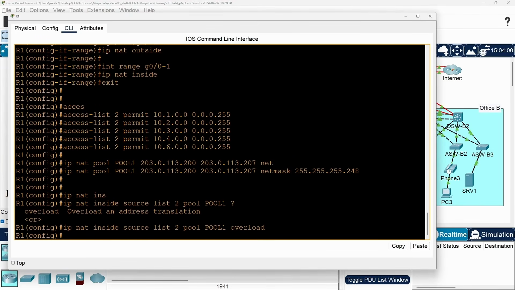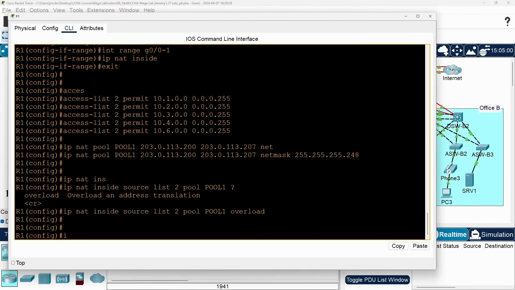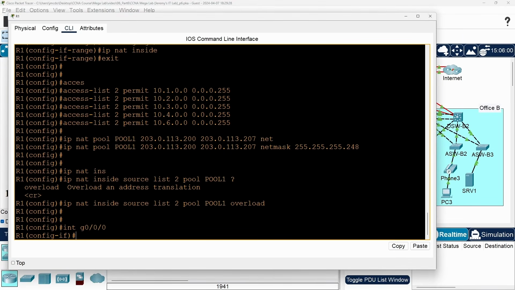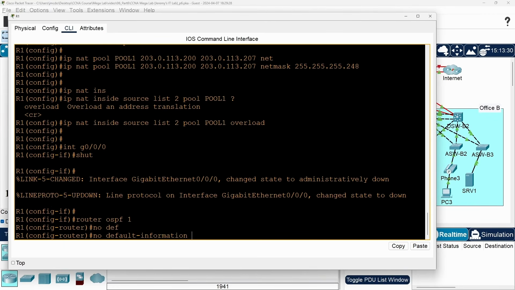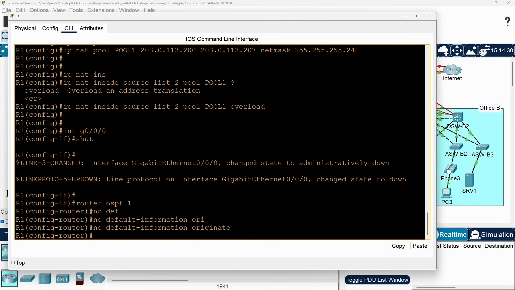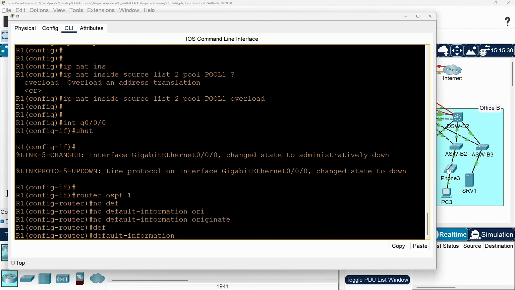So let's go on R1 now. I'll disable its G0/0 interface. Interface G0/0, shutdown. Now R1 should remove its main default route from the routing table and insert the floating default route instead. Next, let's go into OSPF config mode. Router ospf 1, and then use no default-information originate to remove the command, and then reconfigure it again.